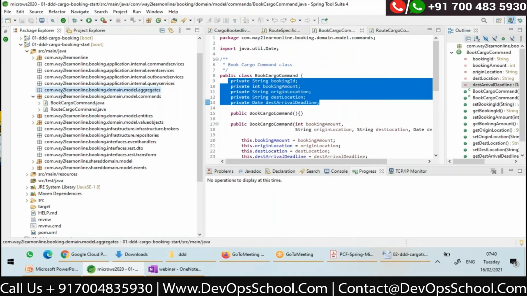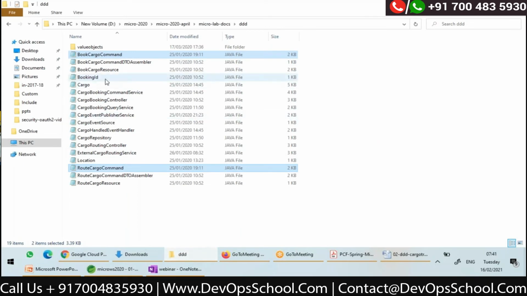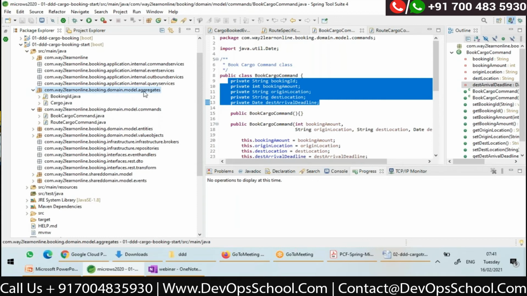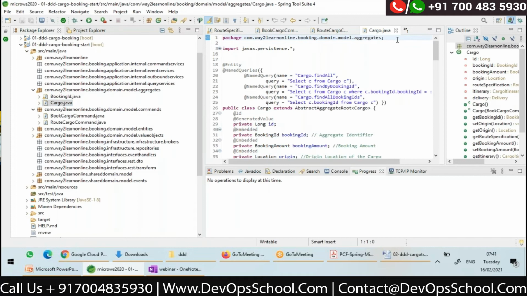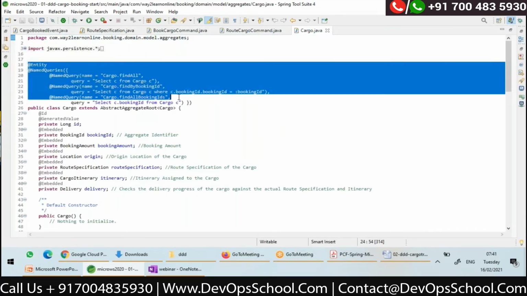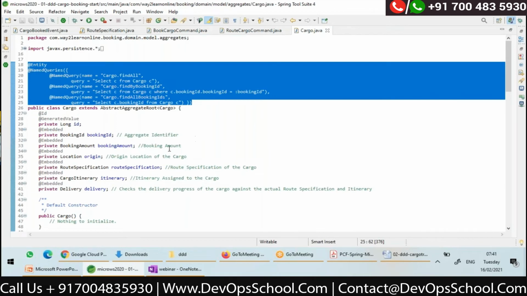Now let me go to my aggregate. So cargo is an aggregate, as I told you, and booking ID is its aggregate identifier. I'll copy both of them here. Into what? Domain.model.aggregates. So here is my cargo class, where I modeled it as an entity. Here are all JPA annotations, right?